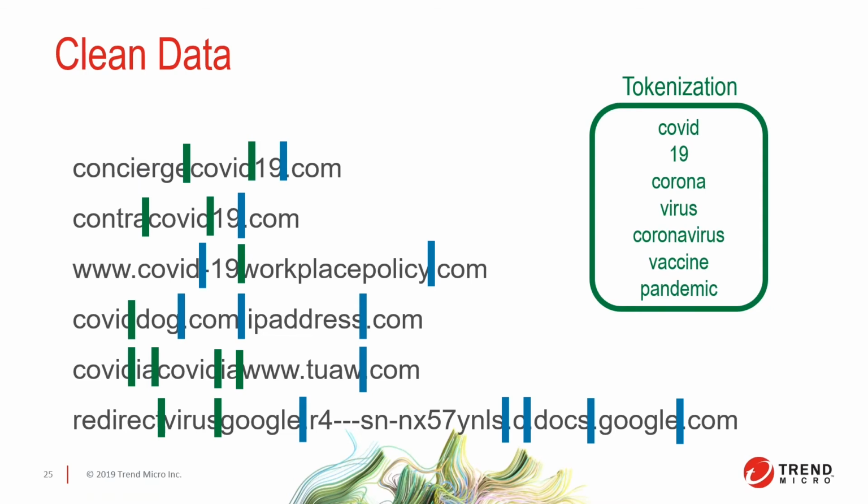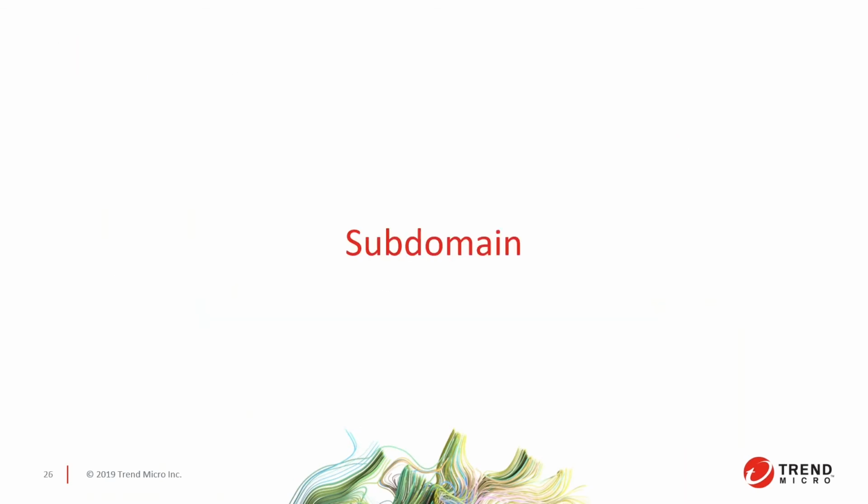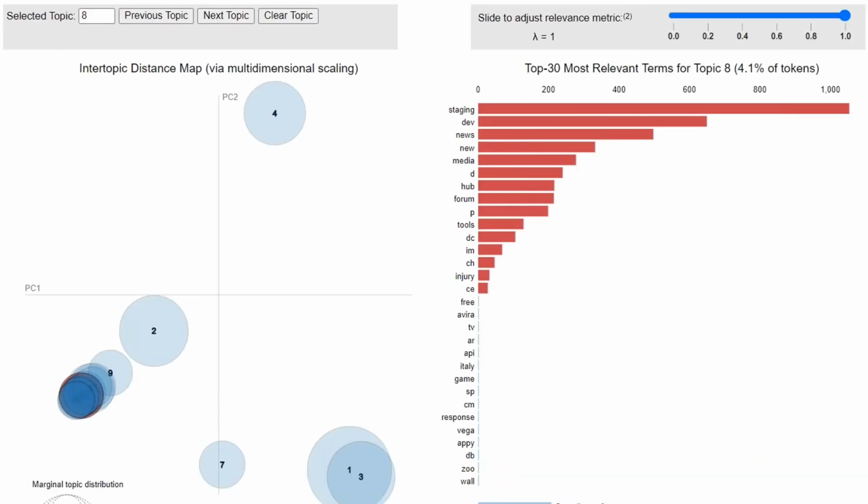And there's a term called tokenization for that. Okay, now let's go to the insights. So here we can see the subdomain. The clusters formed here contained URLs with similar information, for example, only the keywords here, and can aid the threat experts in analyzing how threat actors were able to propagate their agenda.